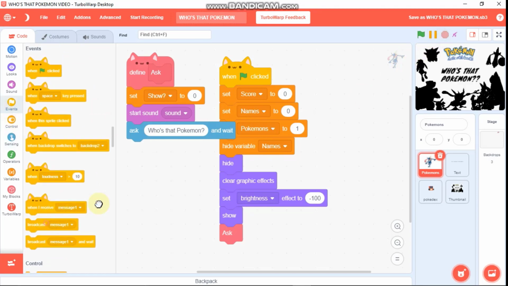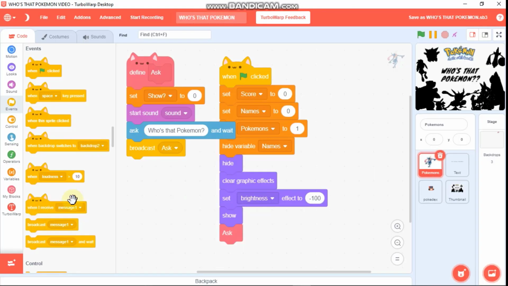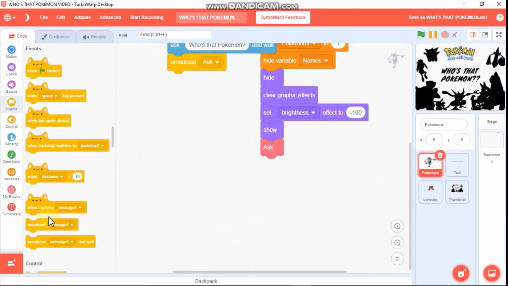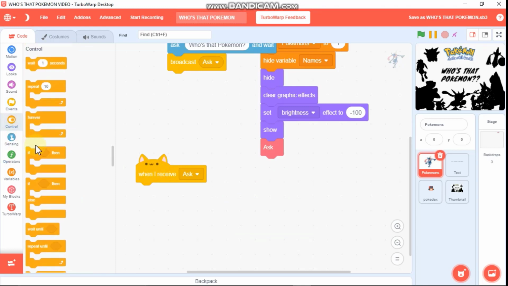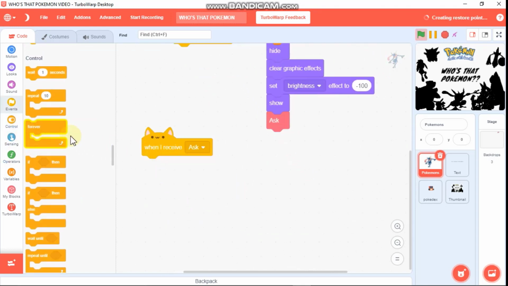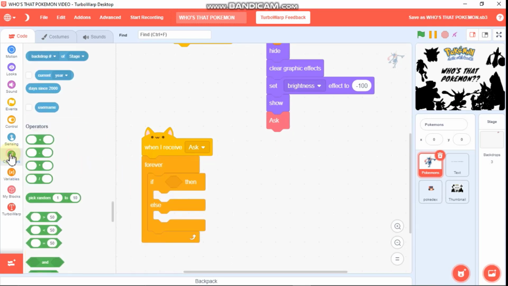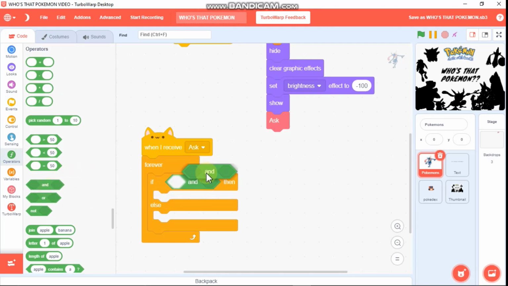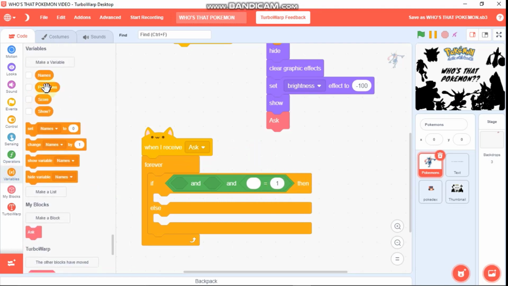And then go to events, and we need to broadcast a new message called ask. Now let's go down, and when I receive start, grab a forever loop and an if-else statement, and grab the AND operator and another AND operator and equals. So if Pokemons equals 1